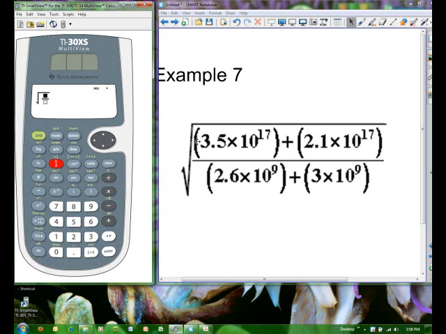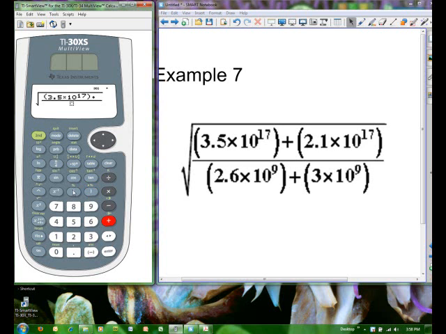Now I need to type in the numerator of my fraction. So I'm going to do parenthesis 3.5, and since it's in scientific notation, I'm going to use my times 10 to the n button, and I'm going to put the exponent as 17. Now I need to close my parenthesis. I don't need to be in the exponent, so I'm going to use my right arrow to get out of the exponent, close the parenthesis,